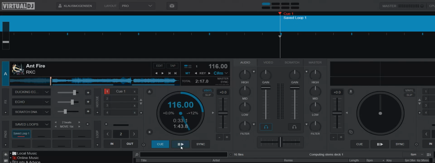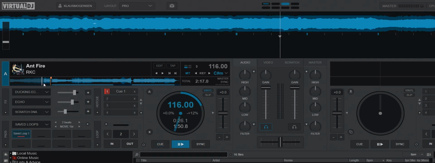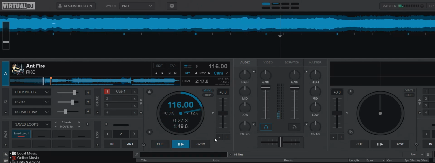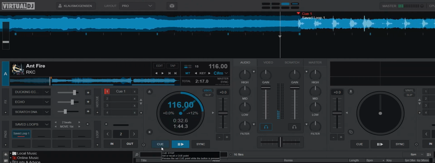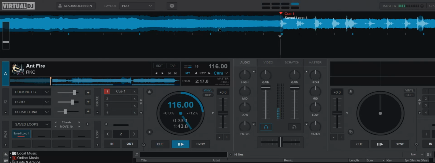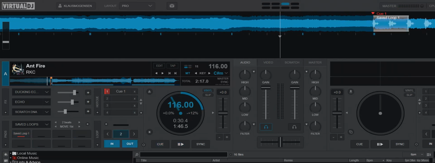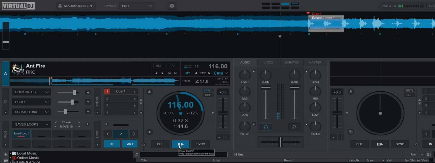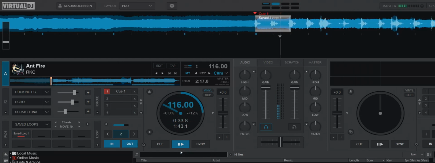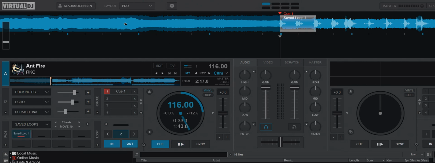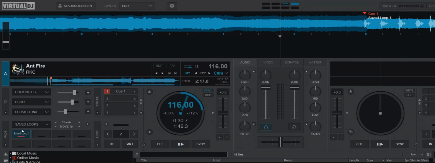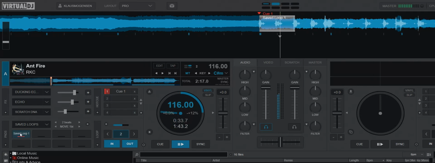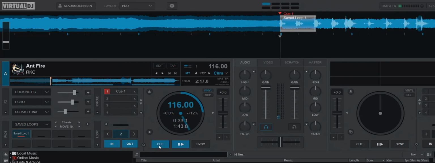It's not enabled by default, so if you just play the track, like going back a bit here, and you click to the saved loop, which is right here, then it doesn't do anything. But if you arm it, then it triggers when it gets to it. And you can of course jump to it, sorry, let's go out of the loop. You can of course jump to it if you like, by right clicking or shift clicking on your controller. Then you jump straight to the saved loop.